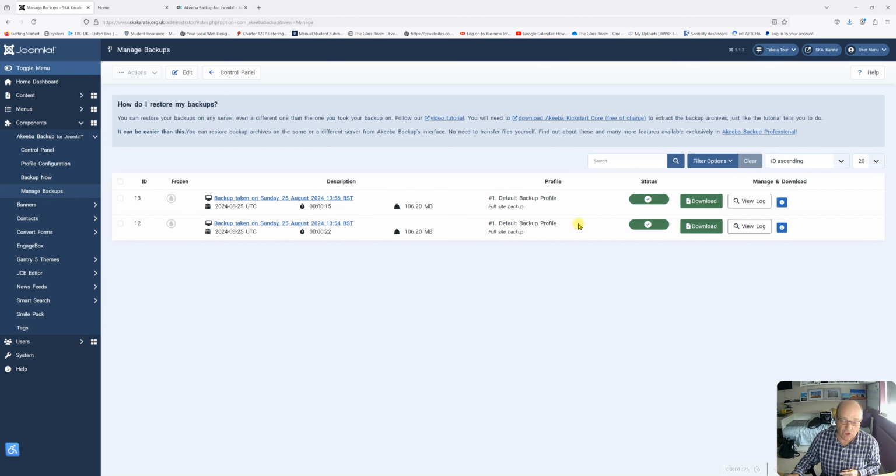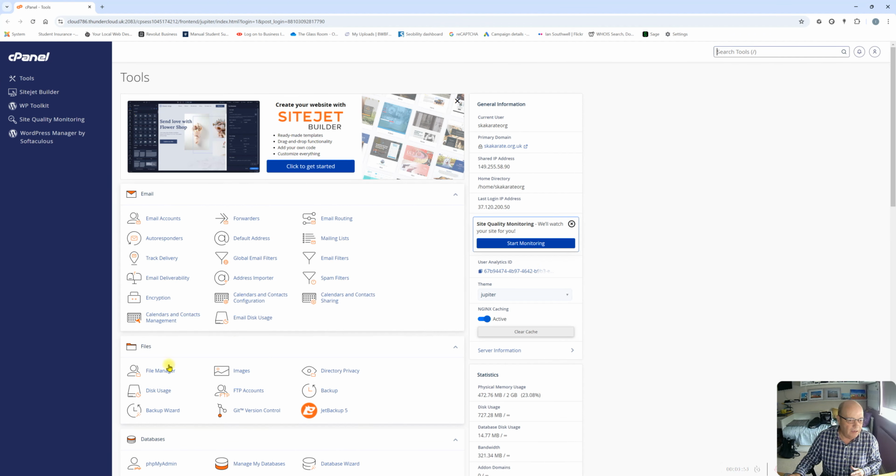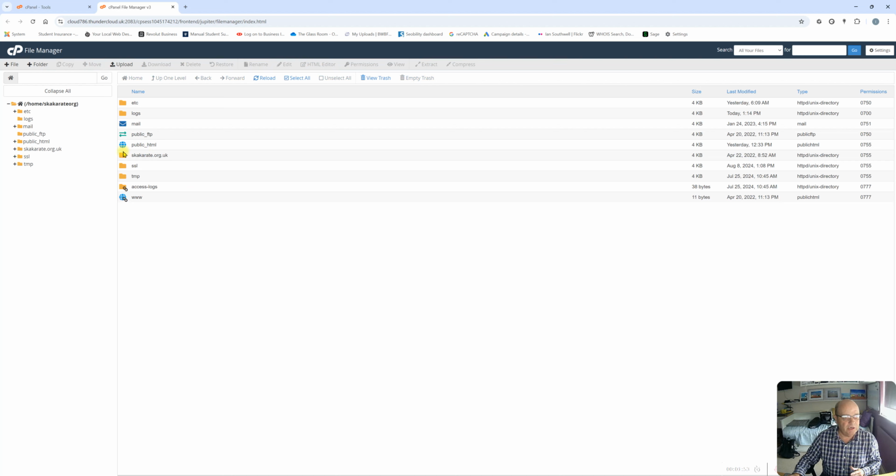So the safer thing to do is to do it from the files on your server, which I do through cPanel. So if I open up the cPanel in skakarate.org.uk, here it is. So we go to File Manager,